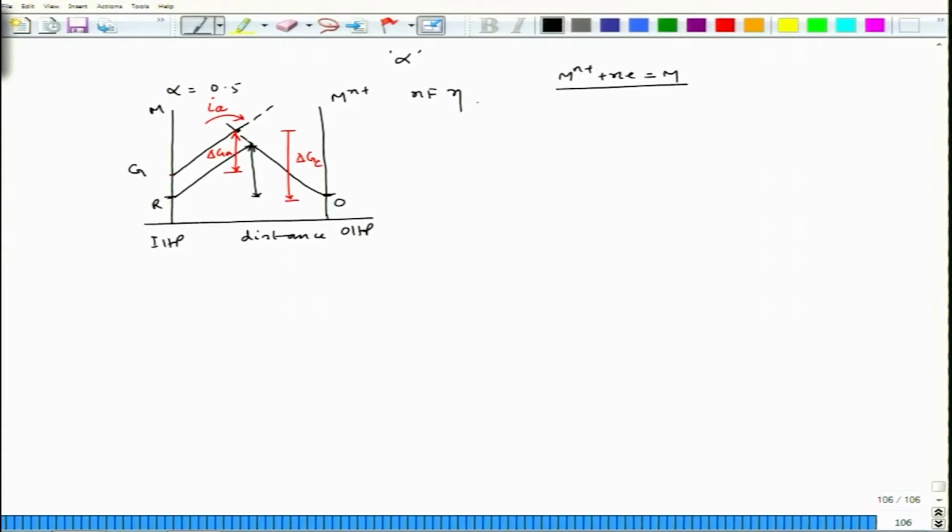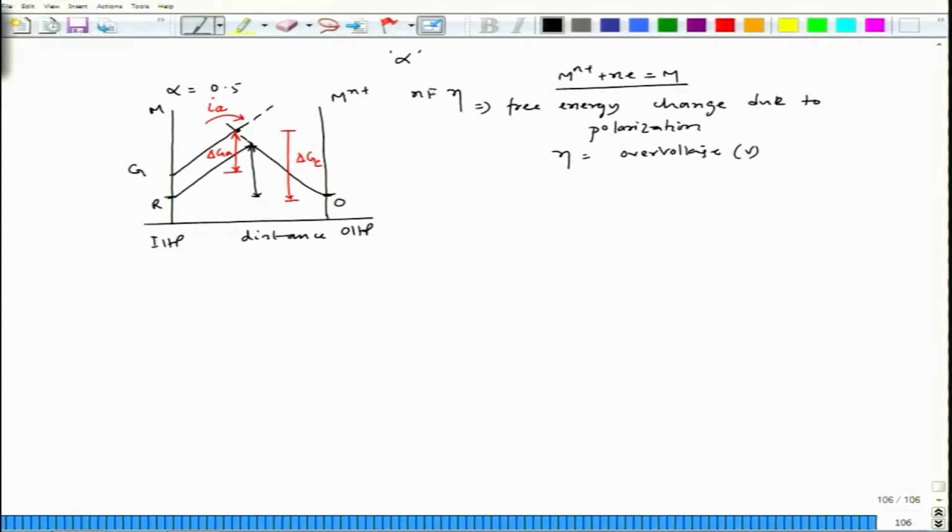This is my free energy change due to polarization, and of course, this is the over voltage